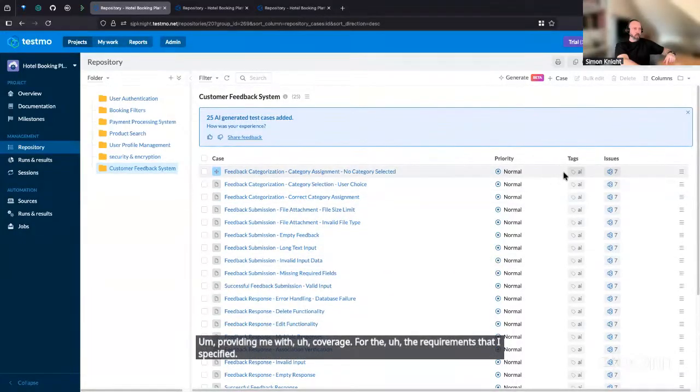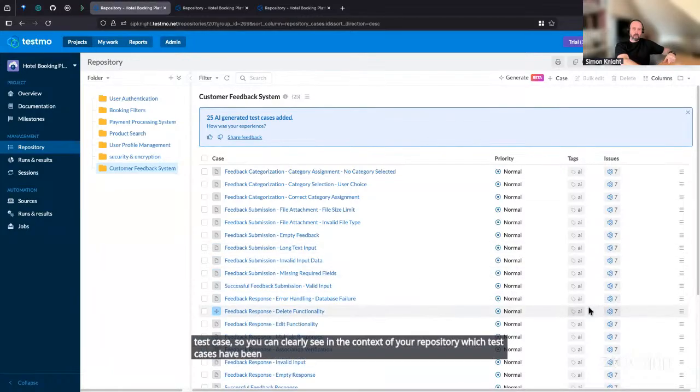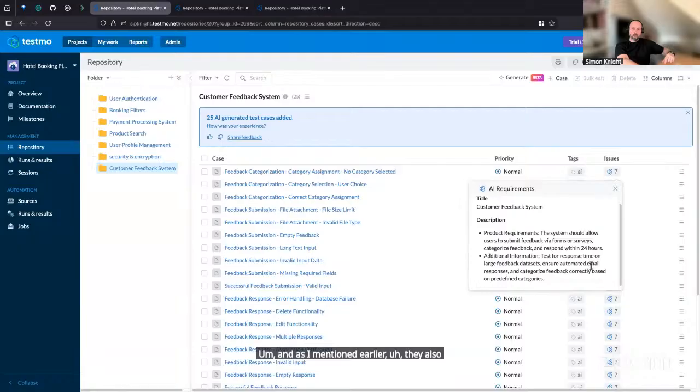And each of those test cases is tagged as an AI test case, so you can clearly see in the context of your repository which test cases have been generated by AI and which haven't. And as I mentioned earlier, they also include the requirement link indicated by the Testmo icon,